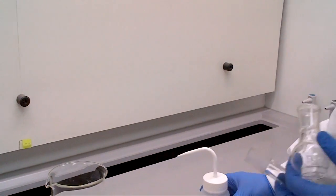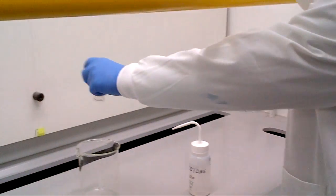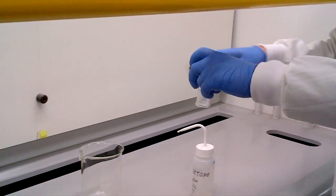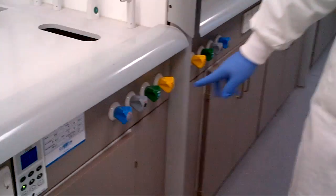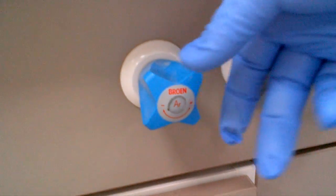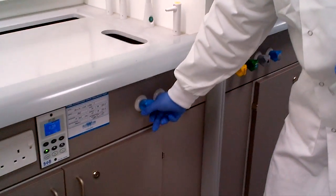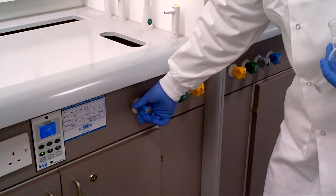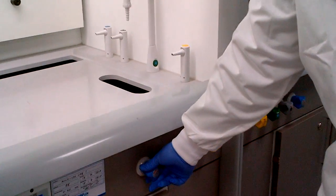And then you're asked to blow compressed air through here. So you can just shake excess acetone off like that. In the fume cupboards, there are some taps, and this one is an argon tap, but I'm going to point this out on some of the benches as well. But I'd ask you to stay near the fume cupboard area. We'll use argon for this instead of compressed air, but just make sure that you have a whistle of argon